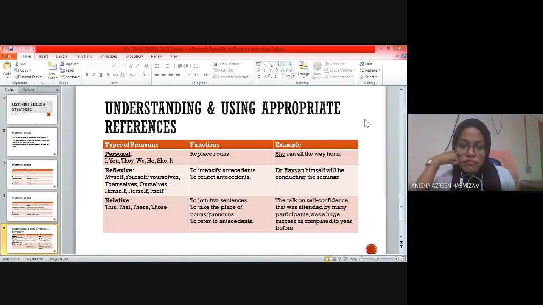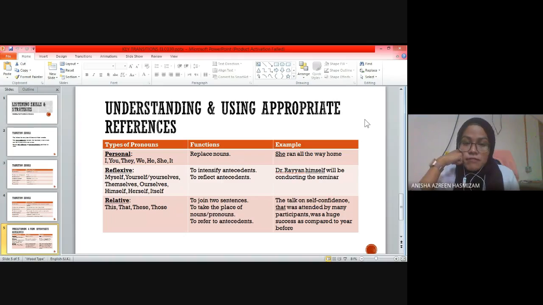Okay, so ini kadang-kadang when we are listening or when we are writing kan, contoh kita nak cakap pasal seorang perempuan, Lydia. Katakanlah kita nak cakap pasal Lydia, takkan kita nak sepanjang masa guna perkataan Lydia je. Lydia is a girl. Lydia is one of the best students in the university. Lydia is also a good daughter and a very successful businesswoman, katakan. Takkan sepanjang masa kita nak guna perkataan Lydia to describe who Lydia is, to refer to Lydia. Therefore, kita kena gunalah reference word.